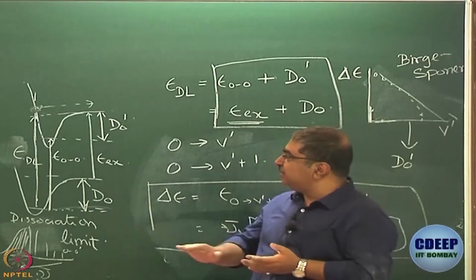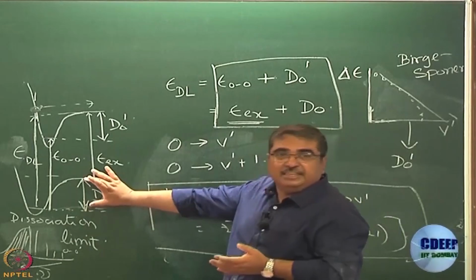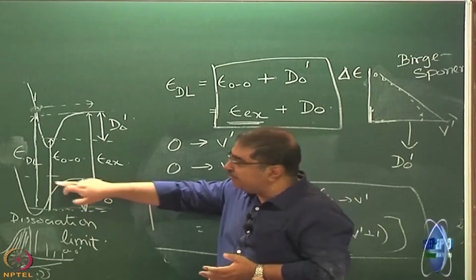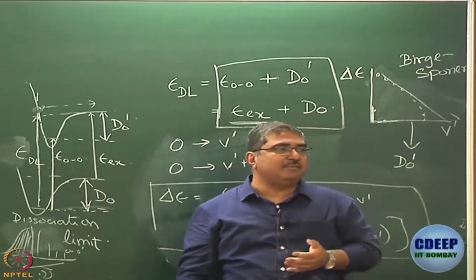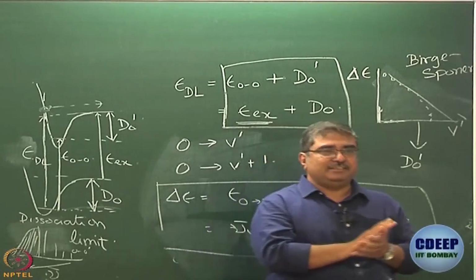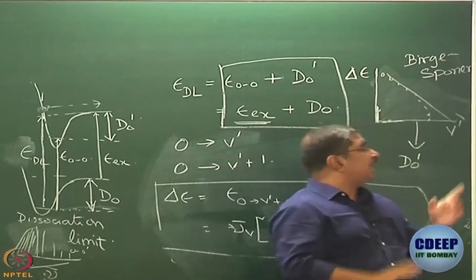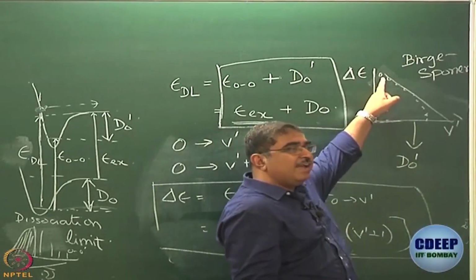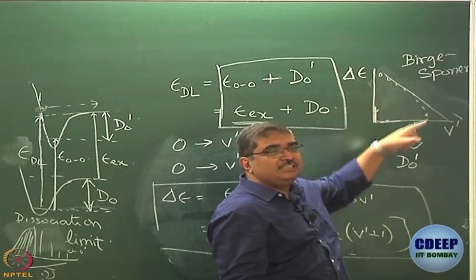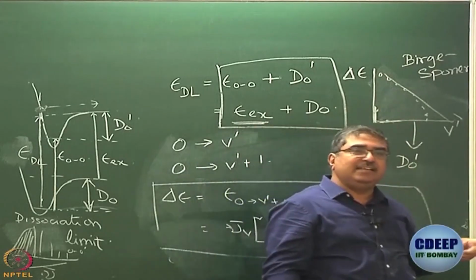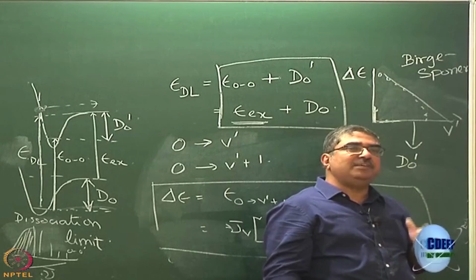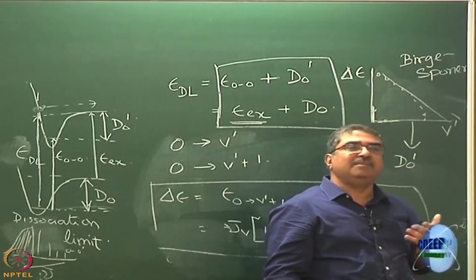Because when you look at D0, you are looking at this, right. So, you do have several higher vibrational levels coming in. So, who is going to account for that? So, actually, if you have access to a sufficiently large number of spectral lines in the electronic spectrum, the D0 value determined from there is a little better,